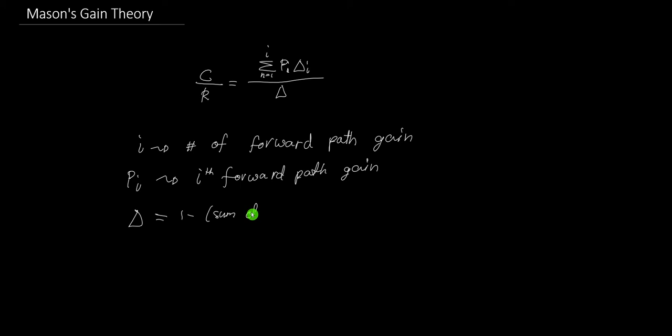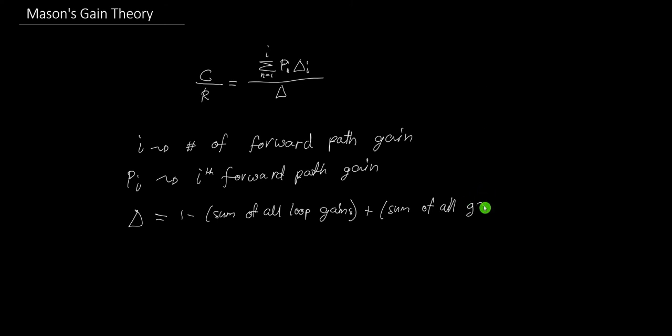Loop gains are similar to the path gains, but instead of a forward path, you're looking for loops. Again, these are paths that start with a node and end with the same node. Then plus the sum of all